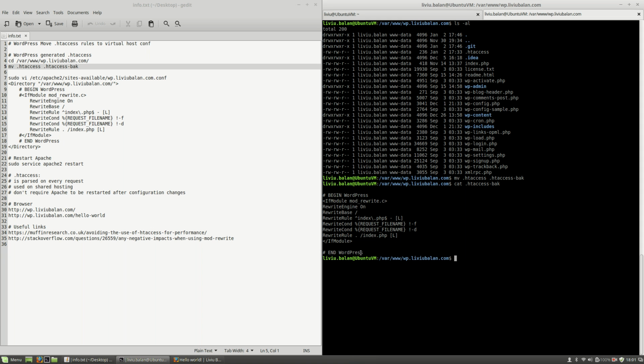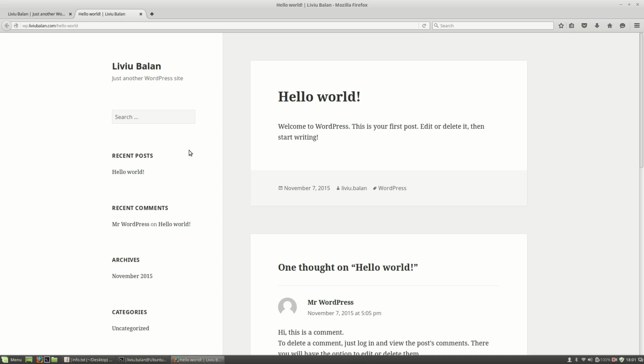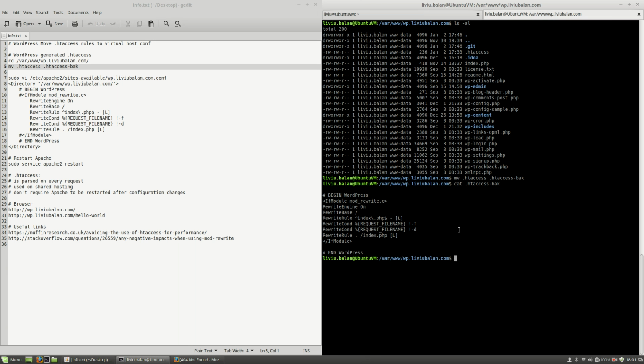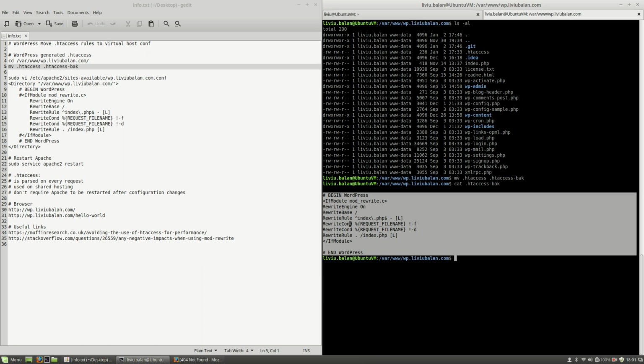generated by WordPress. Now, if I refresh the page here, I will get a not found error because the .htaccess doesn't exist. The next thing I will do is move the content listed here into the actual Apache virtual host